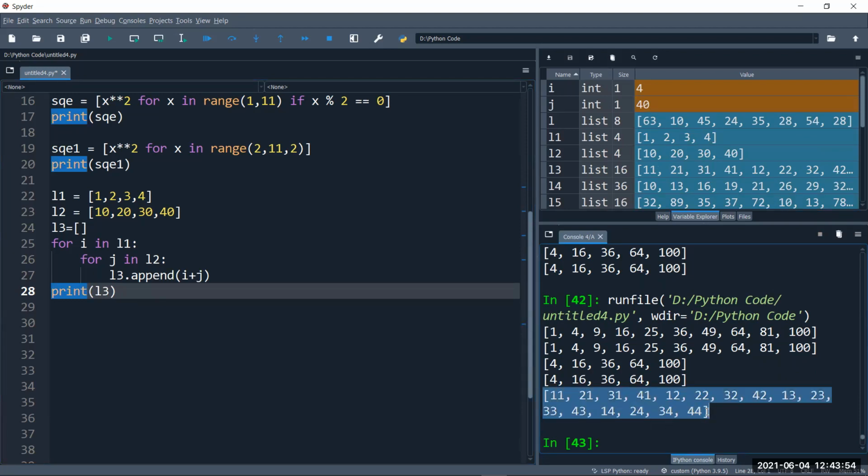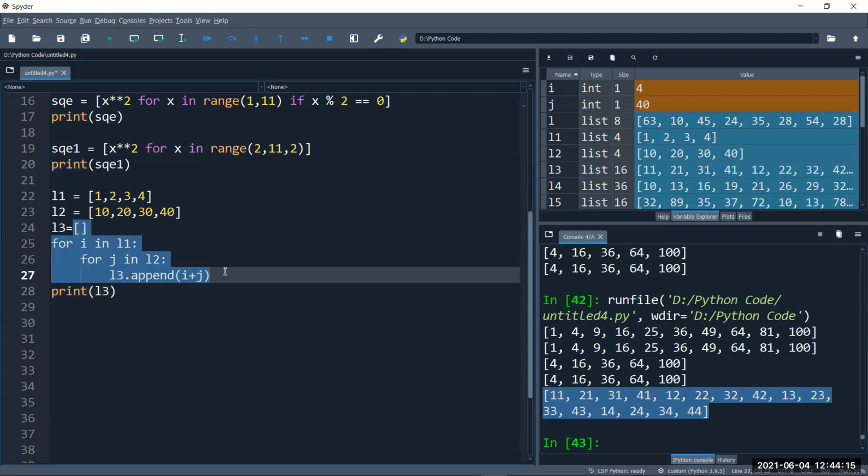A new list has been created that contains the result of adding every element of list 1 to every element of list 2. Now this thing also can be achieved using a single statement. For example, instead of writing so many loops or two loops, I can simply write